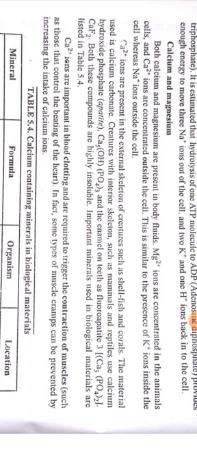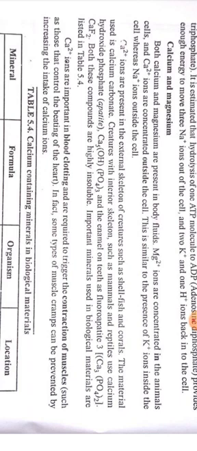Calcium ions are present in the external skeleton of creatures such as shellfish and corals, the mineral used being calcium carbonate. Creatures with an interior skeleton such as mammals and reptiles use calcium hydroxyphosphate, apatite,